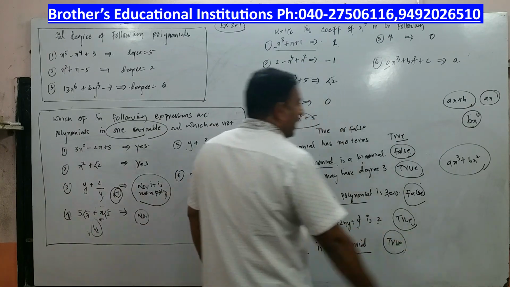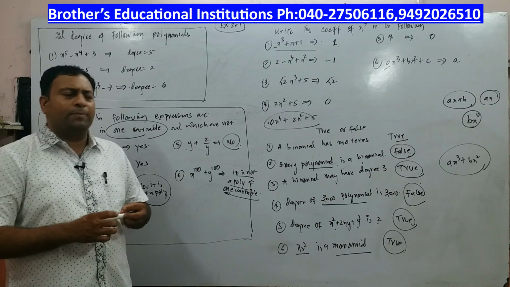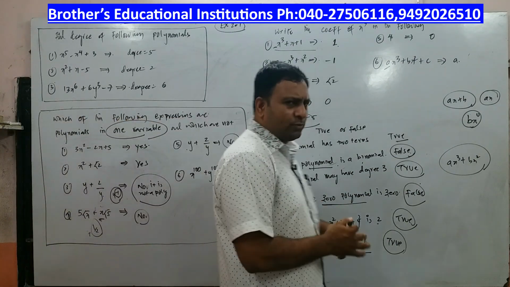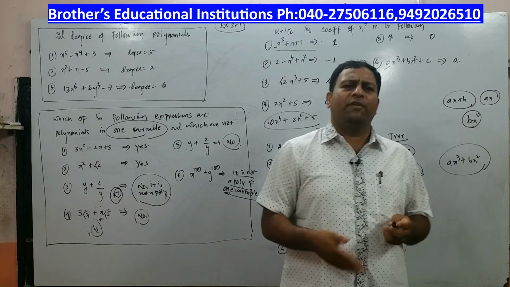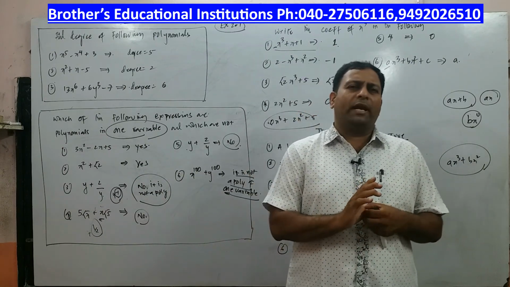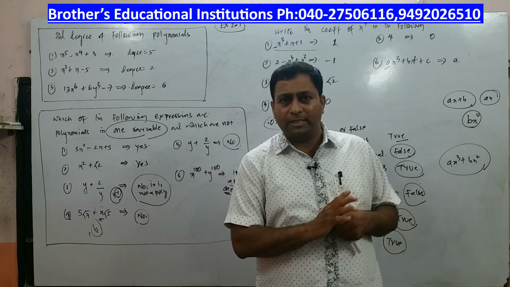So, children, I think you have understood the concept, and this is your exercise 2.1 where you can practice from the textbook as well and keep on referring again and again. Alright, thank you. Now, in the next topic, we will try to cover what 0 of a polynomial is.